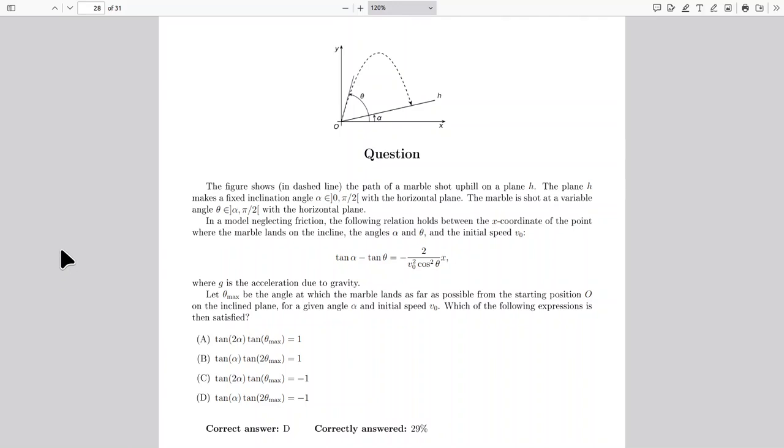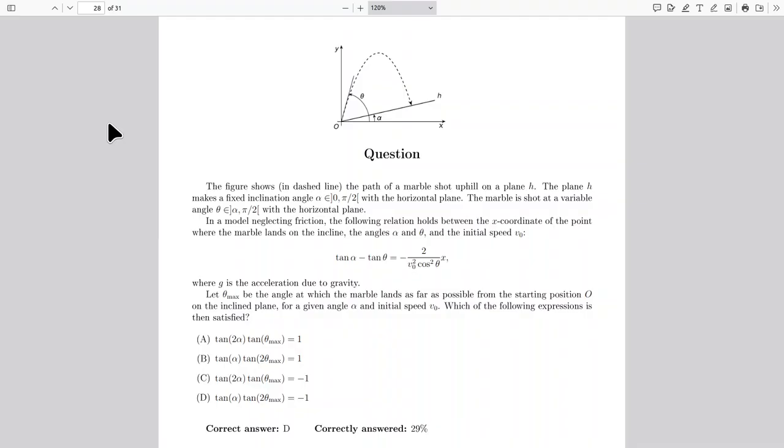Okay, this is actually a question of an optimal launch angle, the launch angle being theta here, to get this projectile, which I thought was a marble, yes, as far as possible on this plane H. That makes an angle alpha with the x-axis. So it's a question from the entrance exam for engineers, mathematicians and